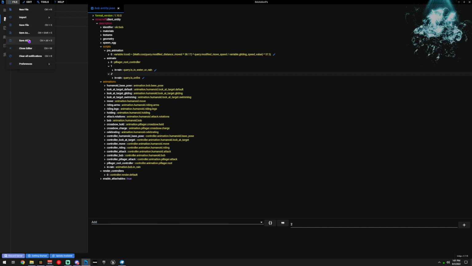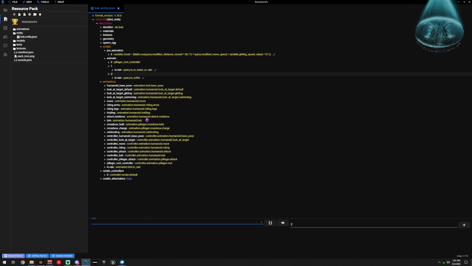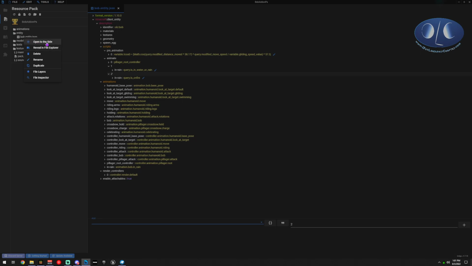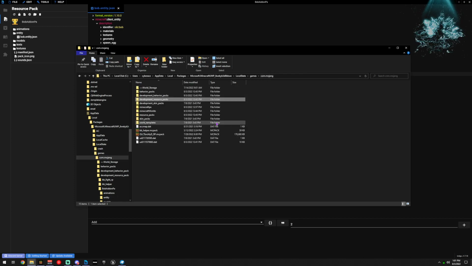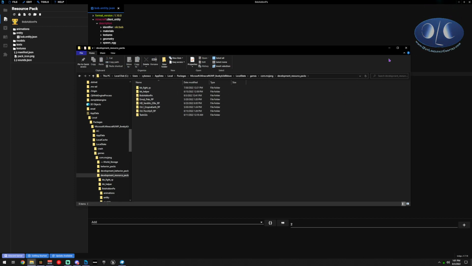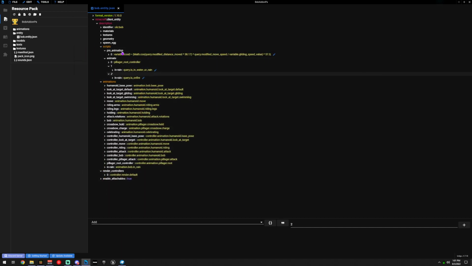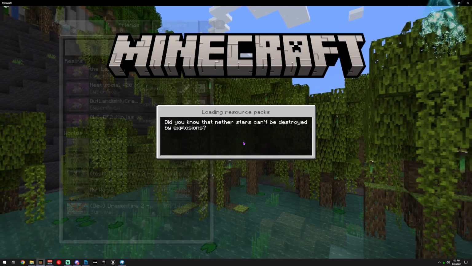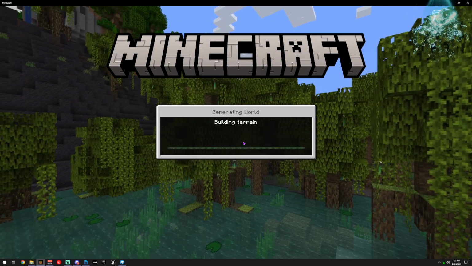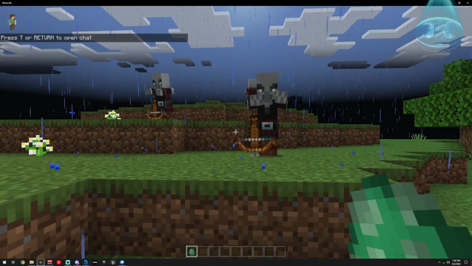So now we're going to save all of this, because we're editing the original files. We can right click and say open, reveal and explore. You can see we're still editing inside the developer resource pack. We're not in the resource pack, and we're not in the world resource pack, because we're here. That allows us to just save this, and then any world that we add the BP and RP to, those features will just work in that world.